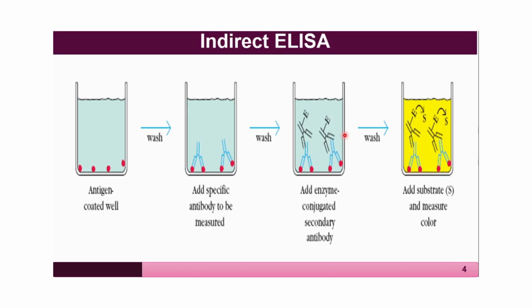The antigen is already immobilized on the surface of the inert container, and then to that you add the patient's serum suspected to be containing antibody against that antigen. After incubation,